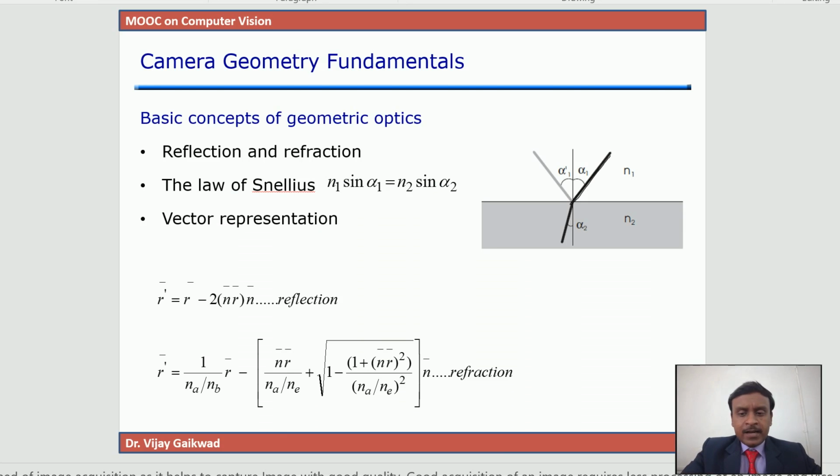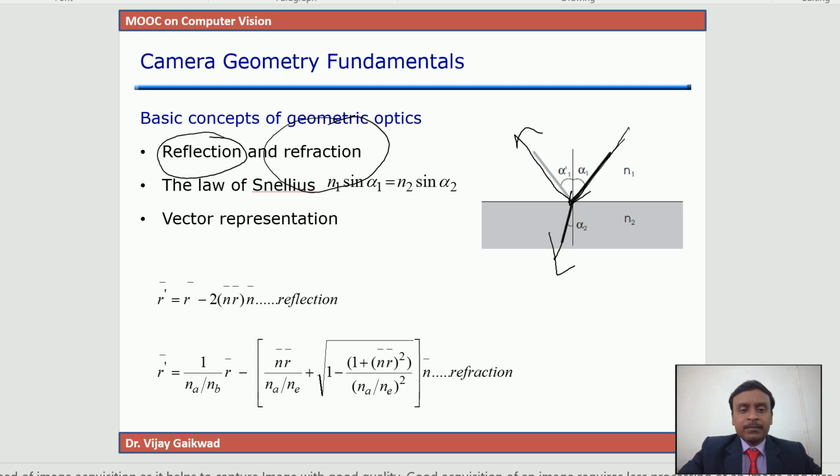So let's understand the basic concepts of geometric optics. There are two main concepts called reflection and refraction. Reflection is the concept when a light ray is incident on a surface and is reflected by the surface. And refraction is a phenomenon where the entering light passes through the medium and